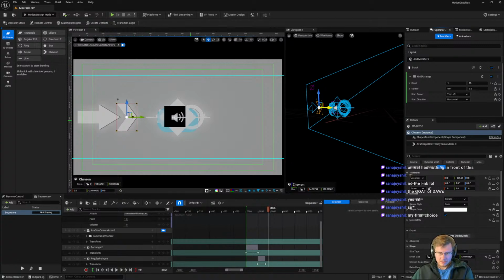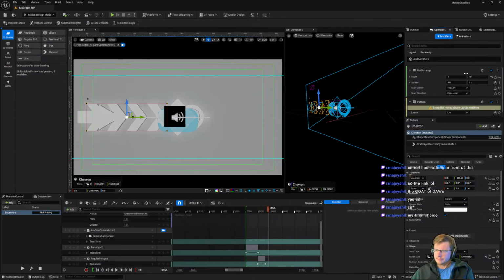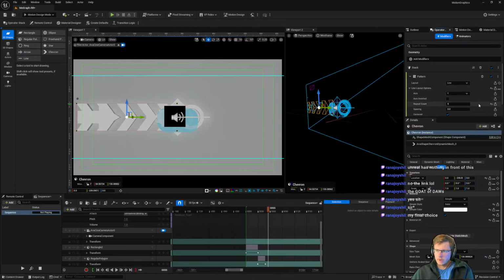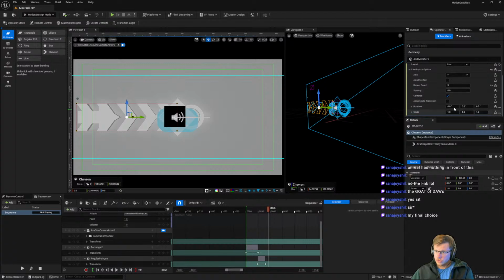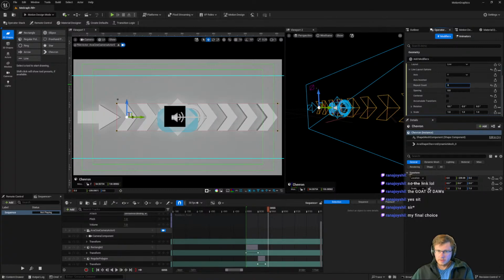I'd like for this to repeat, right? I'm kind of looking for like a repeater. Maybe it's not in the modifiers. Pattern? Oh, okay. Let's get rid of grid. And then for these, to get animated, you can expose these things. So centered, let's turn off centered so that it's just starting from here, right?